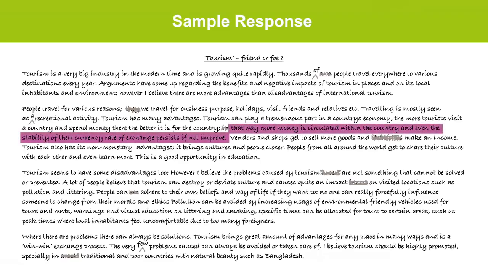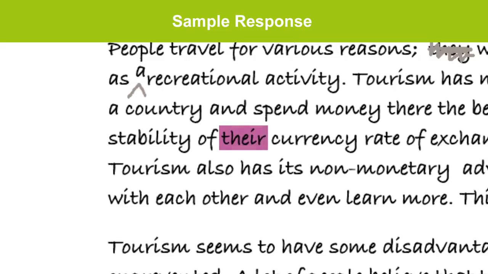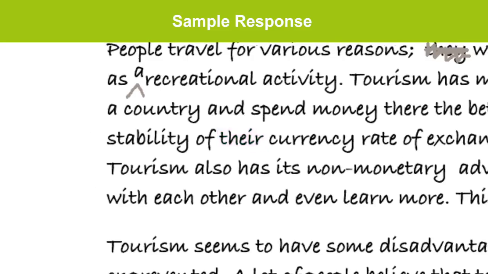For example, that way more money is circulated within the country, and even the stability of their currency rate of exchange persists if not improve. The currency rate refers back to the country, so it would have been better to say its currency rate. And here,